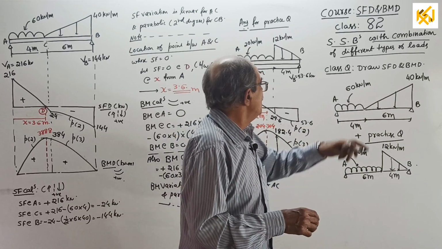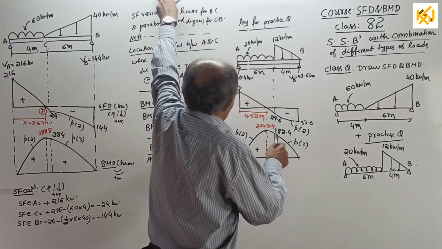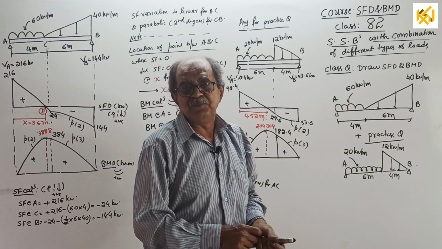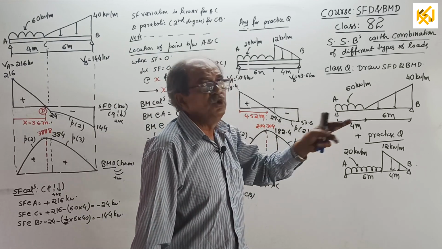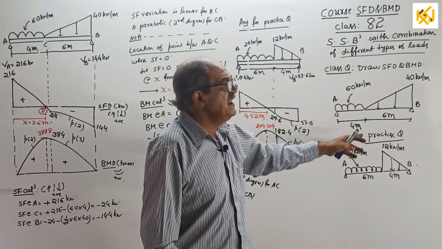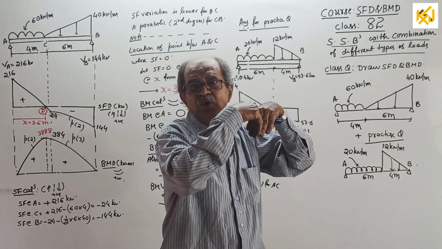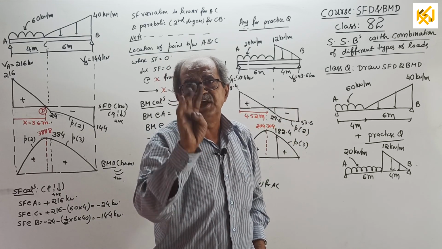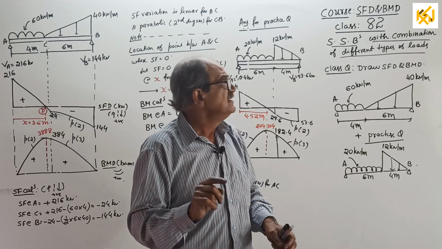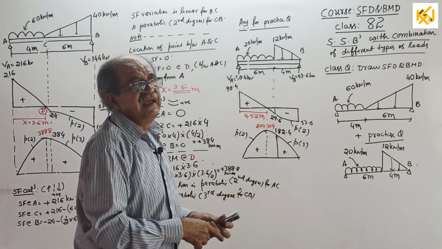Next class, I will solve the same two questions, but I will do one thing. The point where the shear force diagram will cross the baseline, or the 0 shear force point, will come in the UVL portion. So to locate that, some calculations are there. Then I will reverse it. I will put the UVL this side and the point load that side. Again I will solve 4 questions, all the 4 questions in a single class.